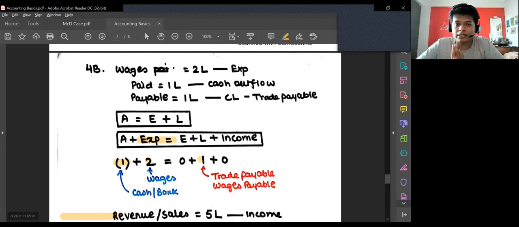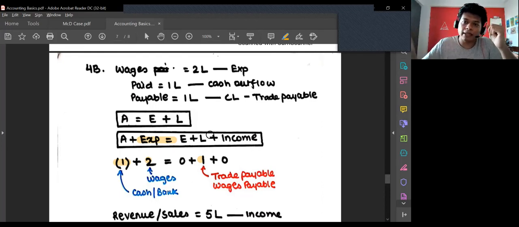Okay, I know this part might be a little bit tricky. So just try to think of what is happening. See, wages, I have incurred the expense. So one impact is there. Second impact is I paid the cash, but I've only paid 1 lakh. So where is the remaining 1 lakh? That remaining 1 lakh I have to pay again, na? So that is creating a liability for me. What is a liability? A liability is a present obligation created by a past event. So it's a liability, I have to pay that.